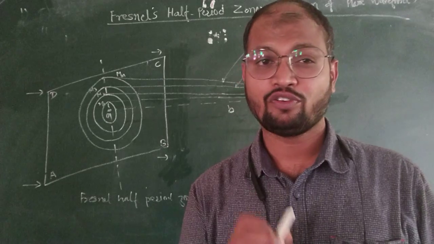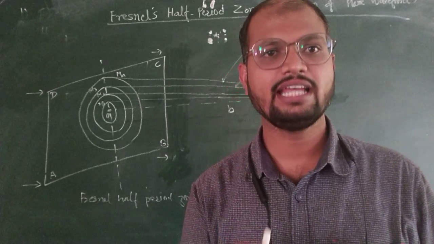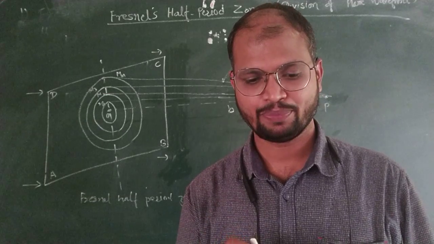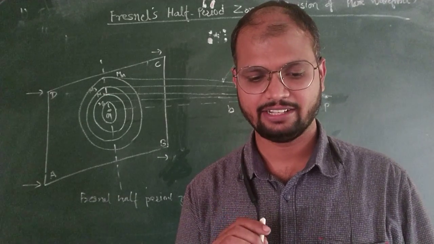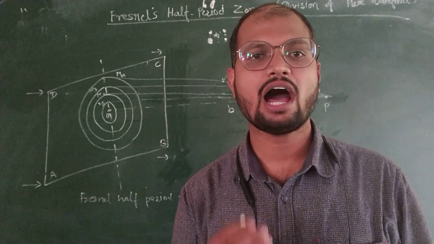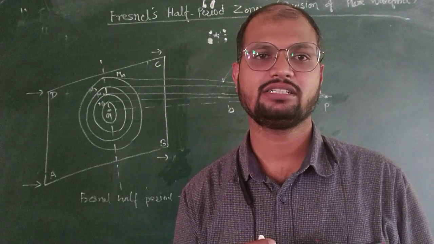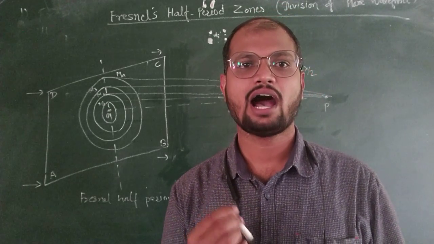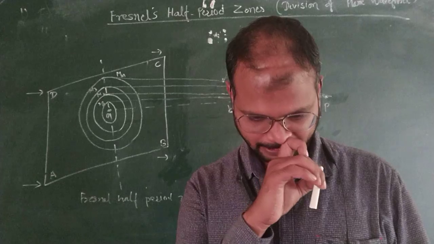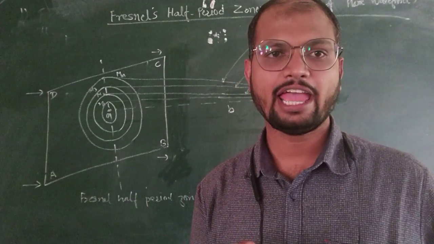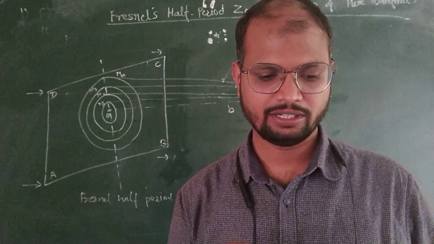To find the resultant intensity at any point due to the wavefront, Fresnel has suggested to divide the wavefront into a number of half period elements or zones called Fresnel's half period zones. Consider a plane wavefront